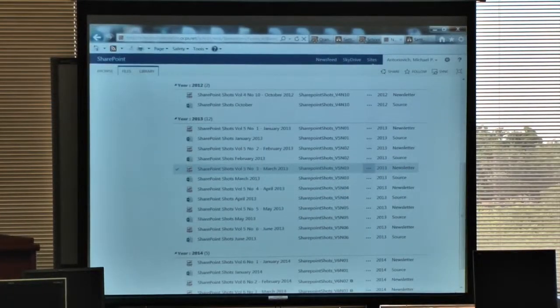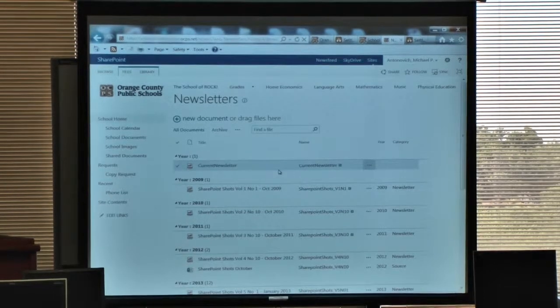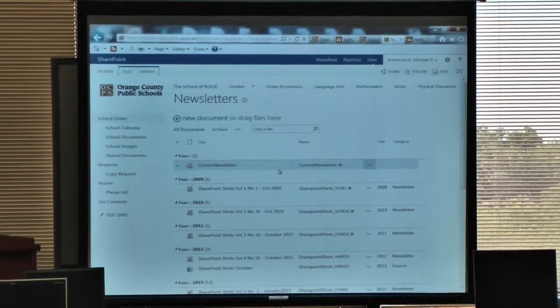Well, let me go back up to the top a little bit. Current newsletter, no year, no category, blank, because I really don't care. Because the page viewer web part is going to go out and grab a very specific page name from the library. And by not putting anything in year and category, I'm pretty sure that it's never going to show up